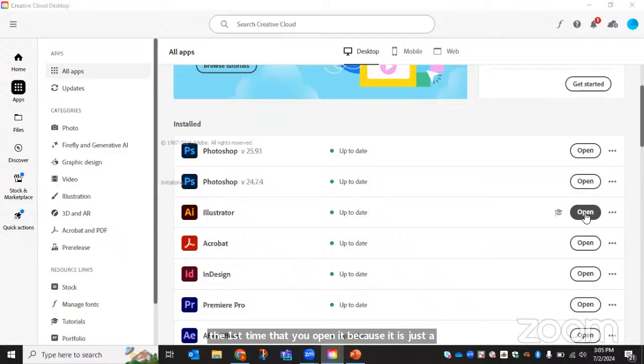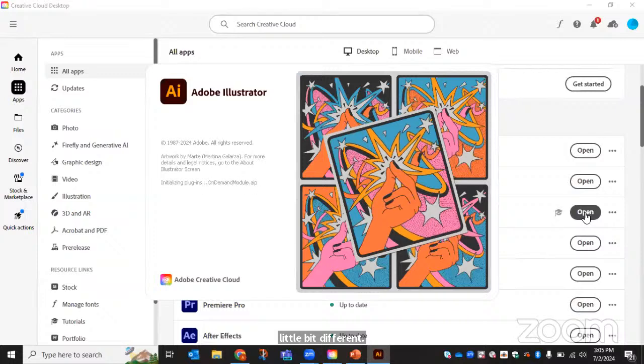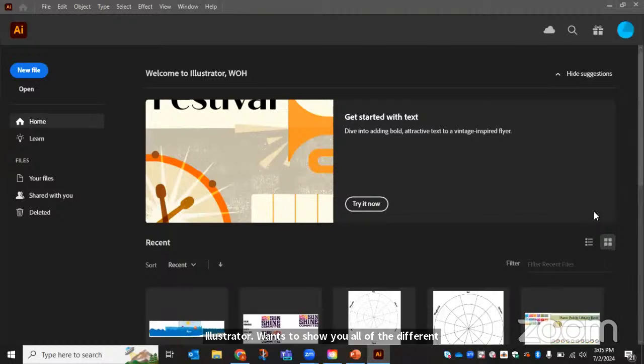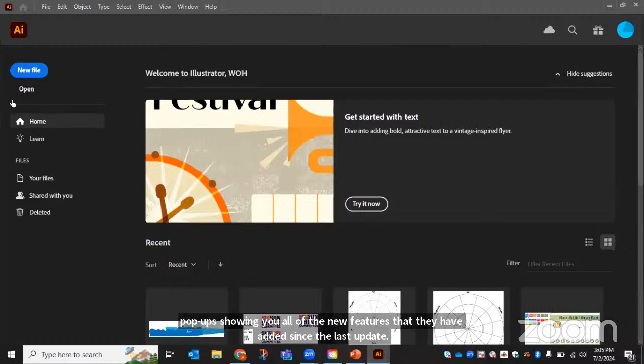It can be a little bit overwhelming sometimes. Illustrator wants to show you all of the different possibilities that you can create with, basically. And sometimes there's pop-ups showing you all of the new features that they have added since the last update. But what we are going to want to do is we are going to want to create a new